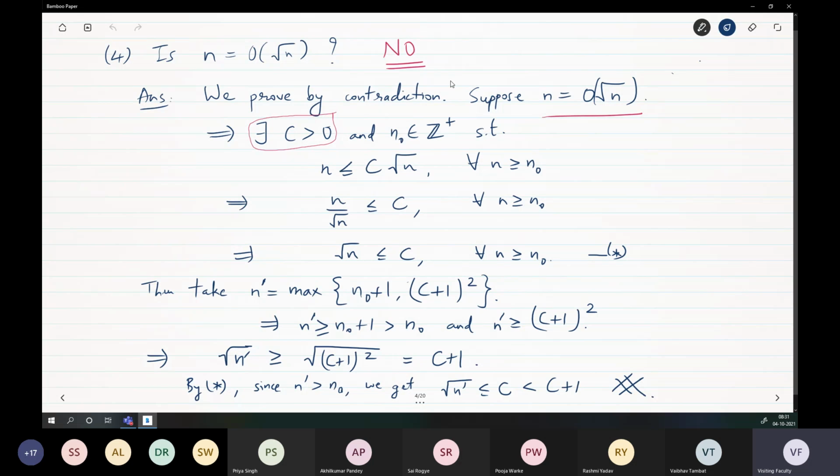How do we prove this? Many statements, when you have to prove that they are false, what do you usually do? You usually go for a proof by contradiction, right? You have seen many examples by now of proof by contradiction, correct?